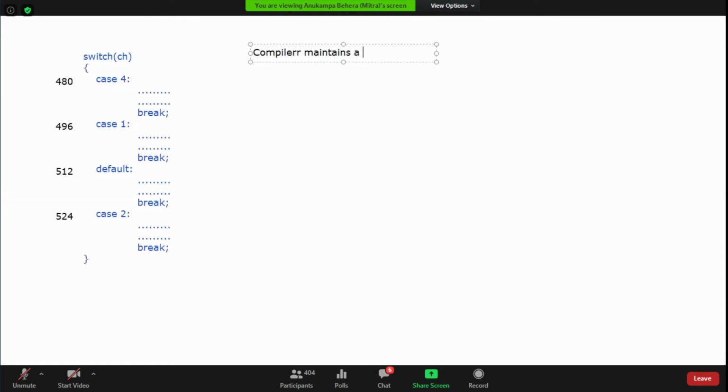Compiler maintains a jump table that stores the labels and associated addresses. समझ में आया? जैसे मैंने आपको दिखाया था that पहले उसका within the code addressing होता है, then when you place it into memory, according to memory it is relocatable. Same thing happens here also. Fine. So this is the jump table, कैसे create होता है?